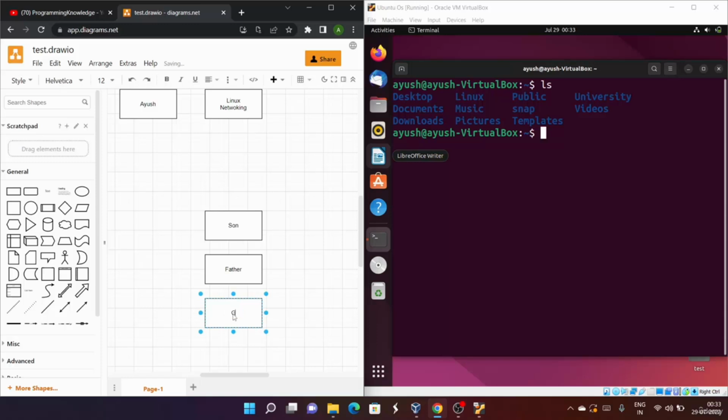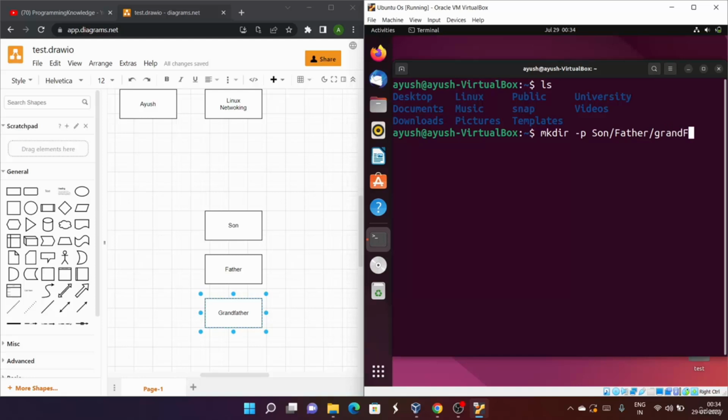Or we can go in reverse also. I think I created it in reverse mode, so son should be last. Okay, grandfather. Now what I will do is mkdir -p son/father